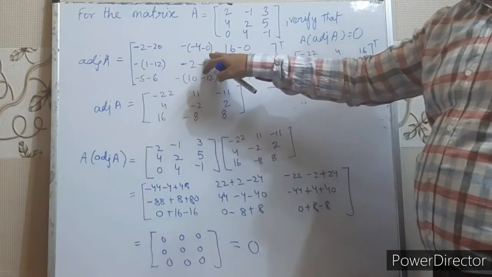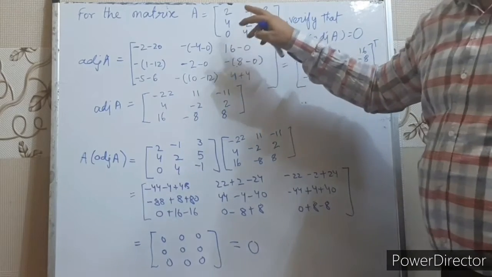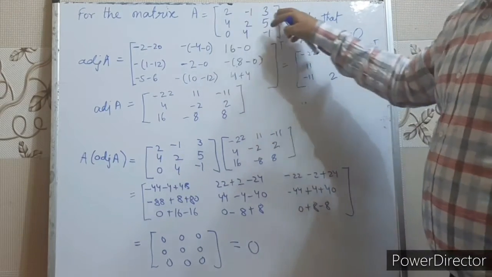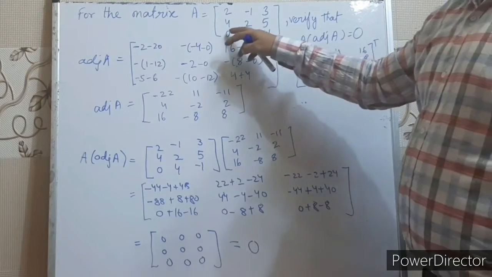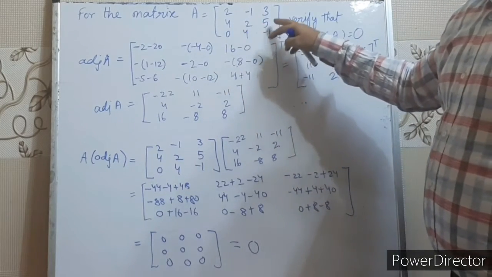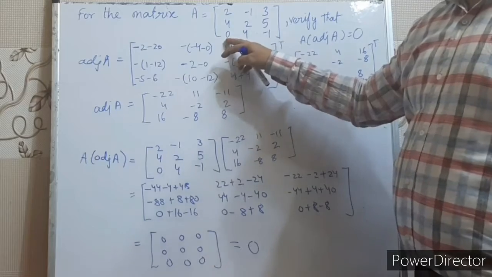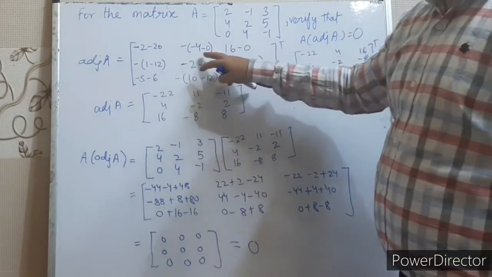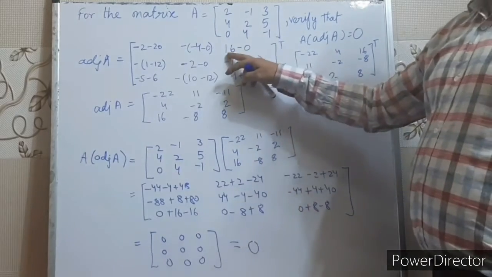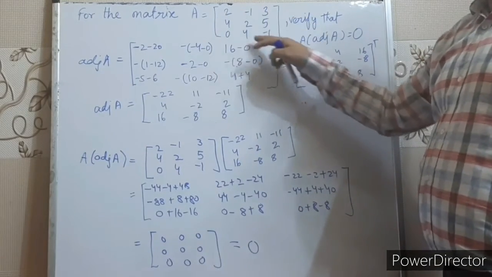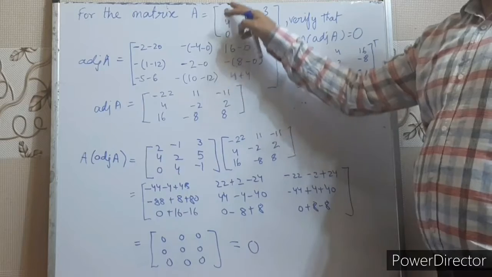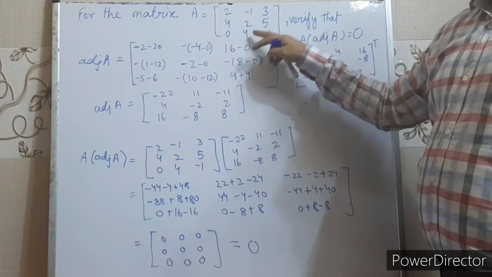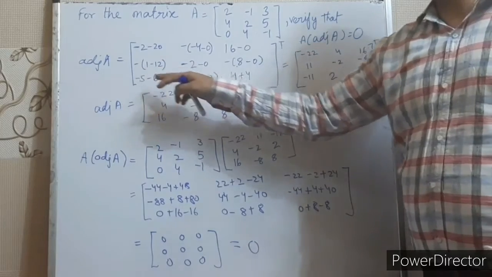We have discussed earlier. This column, this row cofactors we are calculating. So this row and this column will get cancelled. What will we get? Minus 4 and minus 0. So this place has a minus sign, right? So it will be minus times of minus 4 minus 0. Similarly, this will become 16. This row and this column cancel. 16 minus 0. Then again this row and this column cancel. 1 minus 12. And this place has a minus sign.